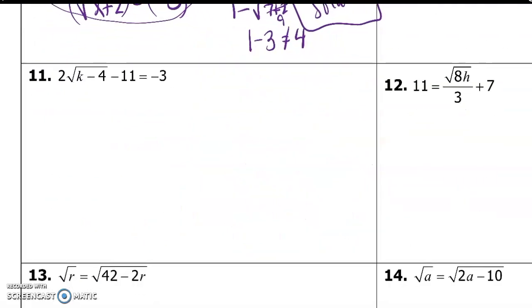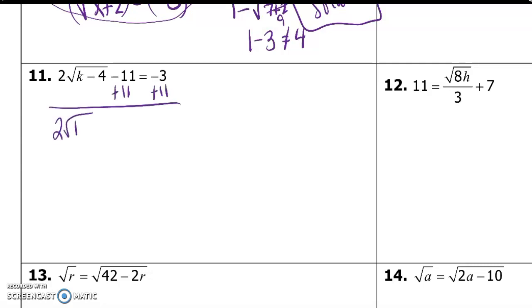Number 11. First we have to get rid of the minus 11. So one thing that kind of helps people is if you replace the radical sign, the square root sign, with an x, that's what the equation technically looks like to start with. So first you have to get rid of the 11 and then the 2. It's just you have your square root sign that you're solving for first. So plus 11,